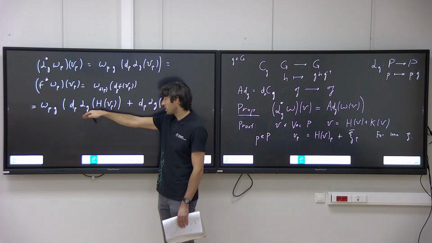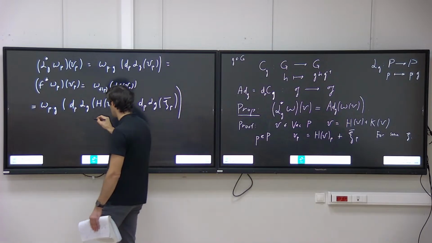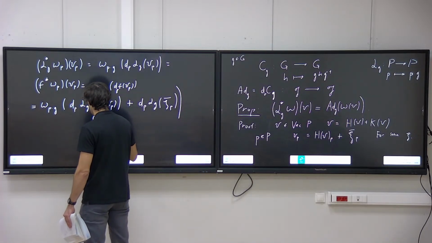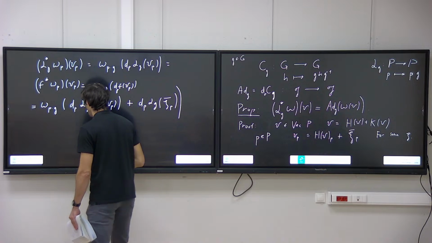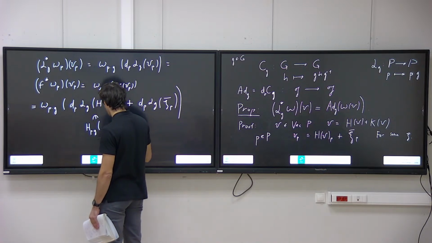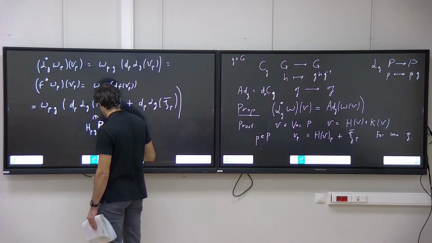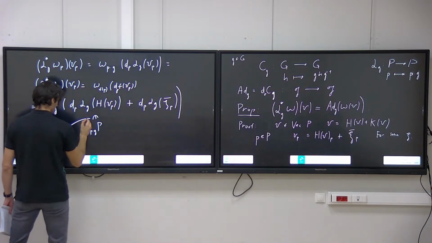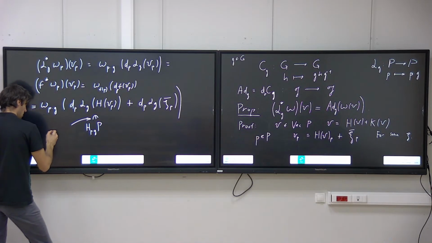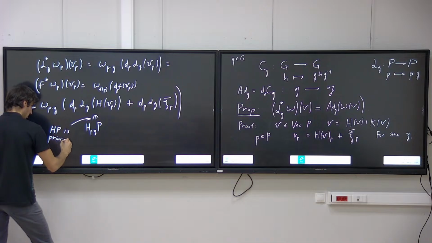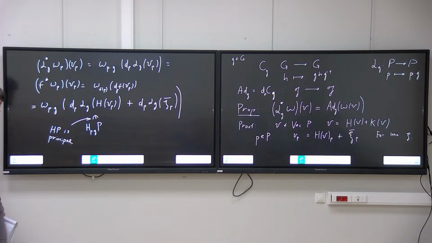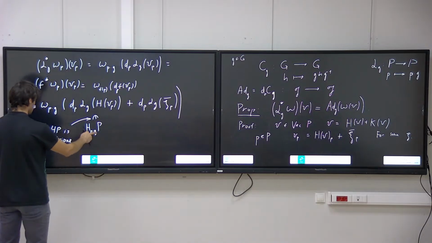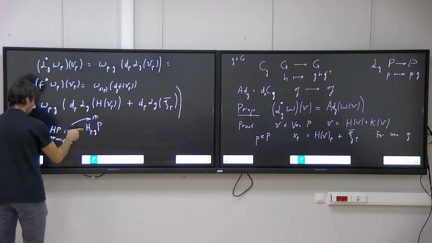And when I apply d alpha g, I end up in HP dot G of P dot G. This is because HP is a principal connection. I'm using the definition. So this one is horizontal, and omega,